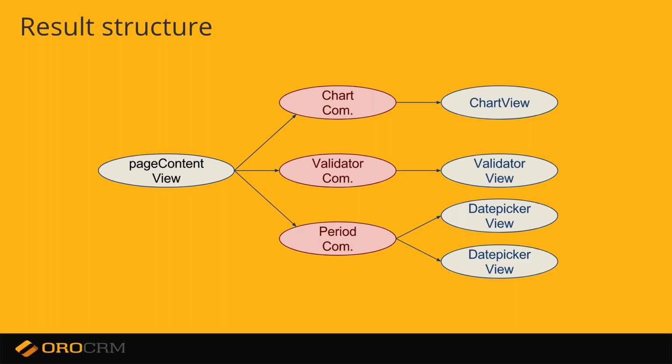The page component will have three independent components that render their views. The chart component will render the chart view with some diagram for the initial period of time. The date period component will render the date pickers view, and we will be able to select start and end dates. However, there is no